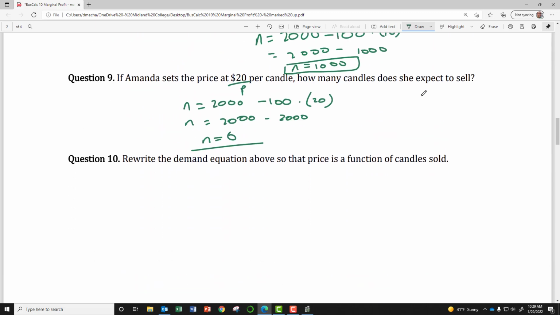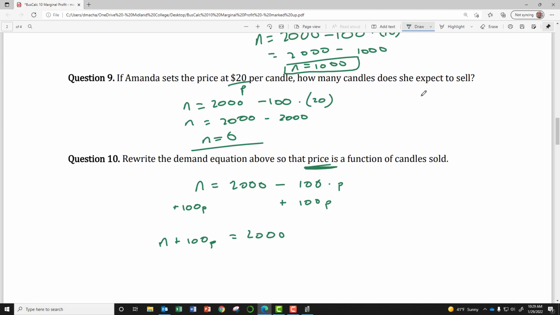Question 10 says, rewrite the demand equation above so that price is a function of candles sold. The demand function we were given was N equals 2,000 minus 100 times P. But now I want to solve explicitly for price. To do this, I'll add 100p to both sides. So on the left side I have N plus 100p, and on the right side I have